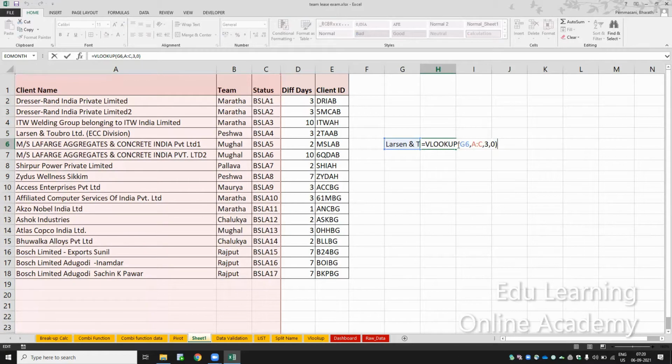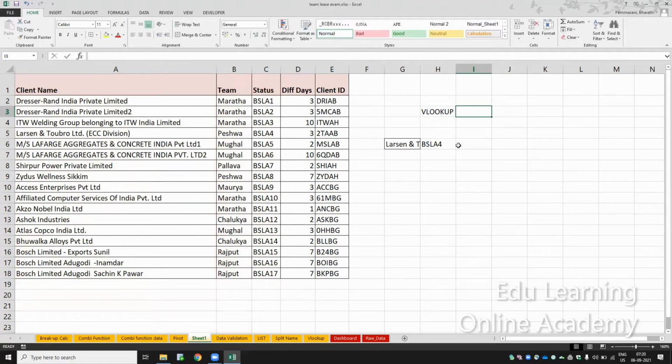Okay. So the syntax for VLOOKUP is, first, why do we use VLOOKUP? To get the exact matching value in a table. So first I'll search. The syntax is lookup value, table array, column number, which column number you want, and how it should match, exact match, always 0. Exact match, always 0. So this is the syntax for VLOOKUP.